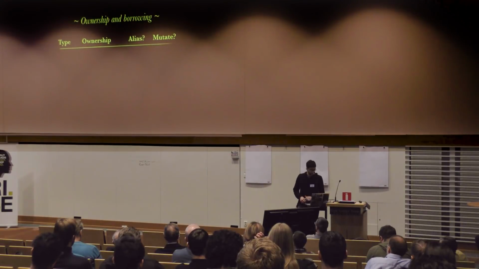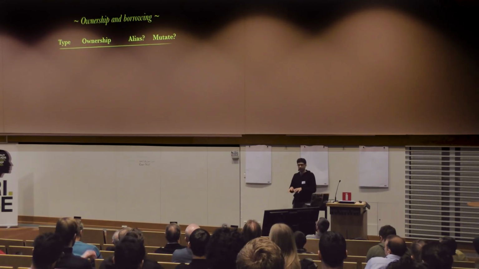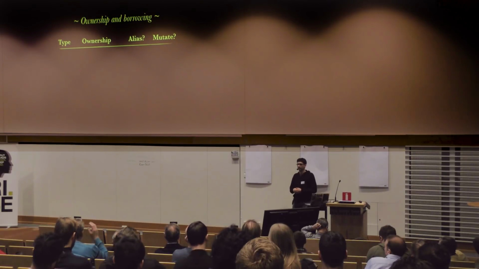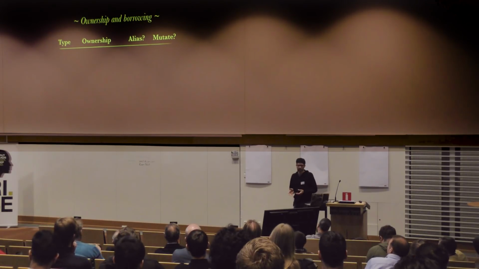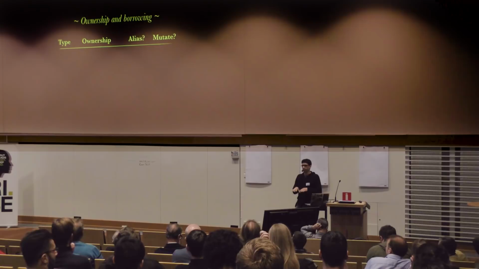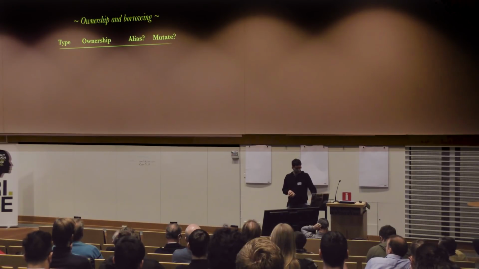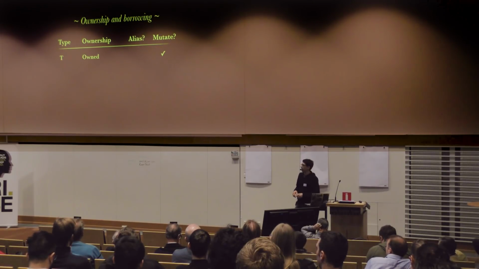Okay, so let's talk about the sharing and mutation thing. The way that we prevent you from doing sharing and mutation at the same time is through this system called ownership and borrowing. The idea is that you'll use data in Rust in one of three ways. The main way is ownership. This is sort of the default. And you're familiar with ownership, I think, from your daily life, probably.